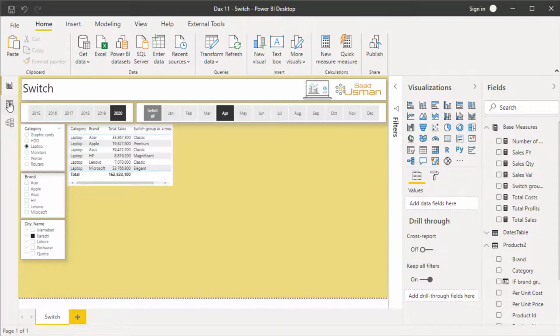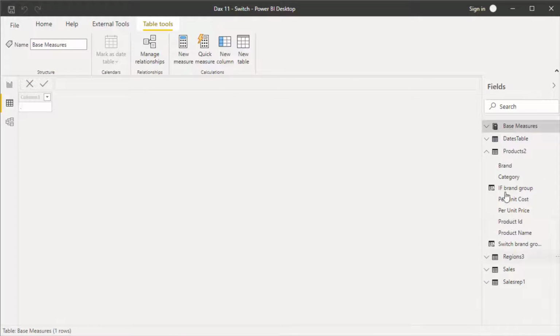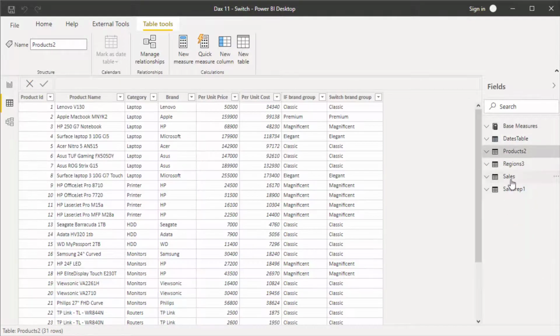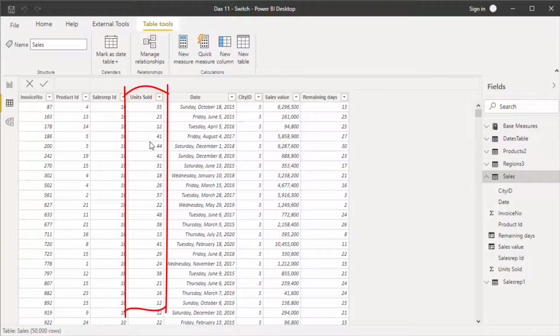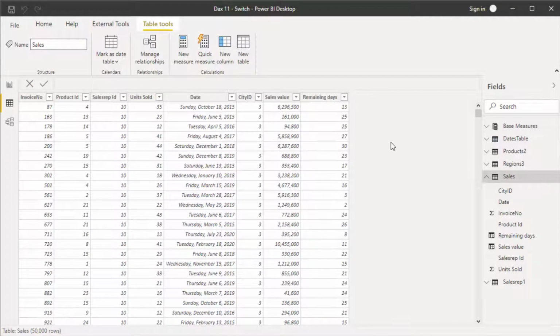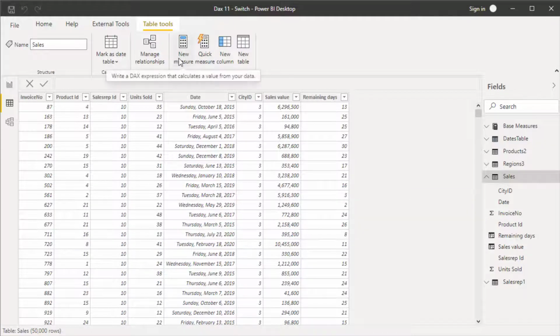Let's go back to the table view, and in this case, since we have a table called sales, and in this sales we have units sold as a column. So what we are going to do is add a calculated column over here, which will categorize the sales, individual sales, as small, medium, or bulk. So in this case, I'm going to add a new column here,